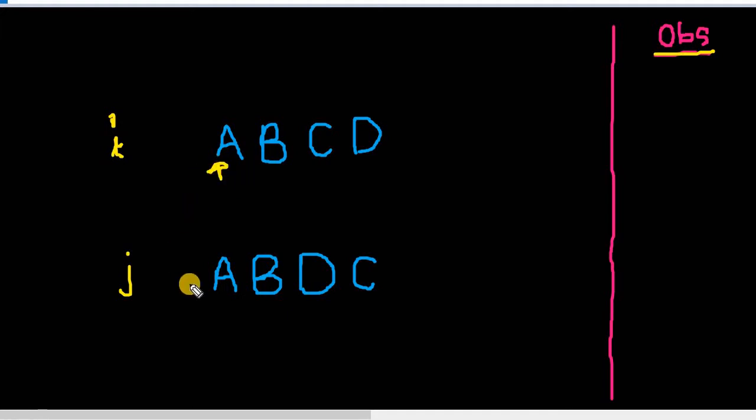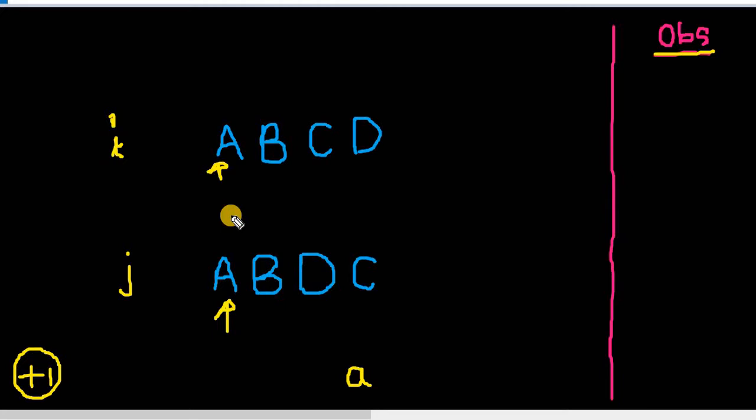For this particular character, you will check the value in the second string to see whether the first character matches or not. If that character matches, you will increment the count. That means the character was found and you are moving ahead in the subsequence. I'll be writing subsequence here. So let's start. A is found in both cases. I'm using lowercase, but I don't think that's an issue. You'll understand it. So A is found.